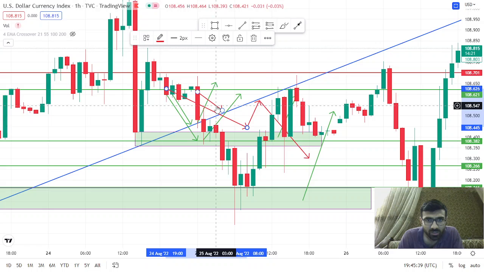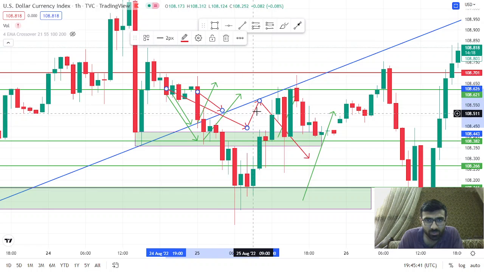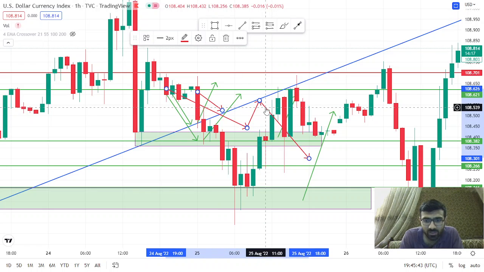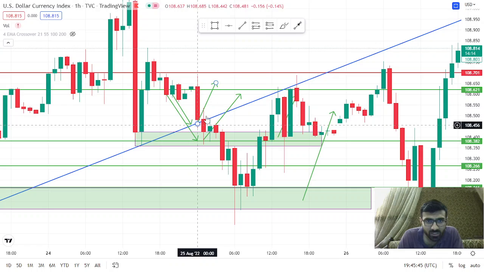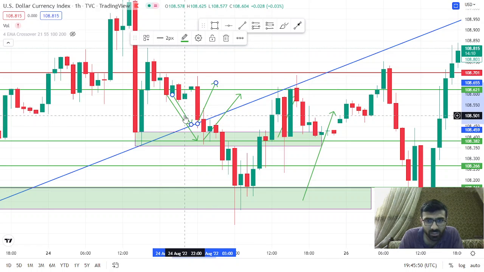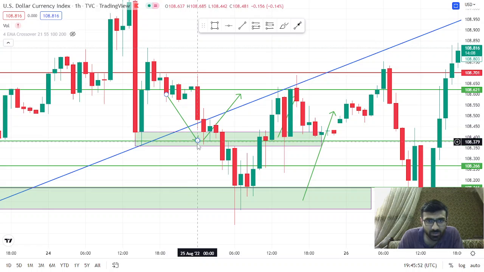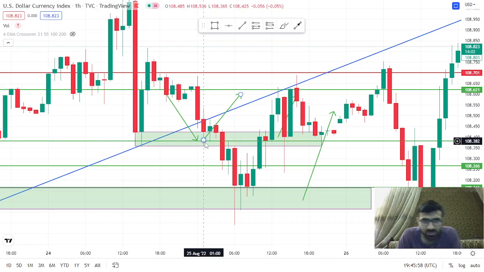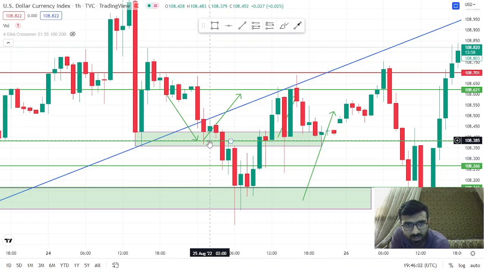Okay, so now let me remove the selling setups. Since the trend line setup did not work out, I'm removing that as well. So this buying setup was not executed as well. Rather, it was just executed partially, and